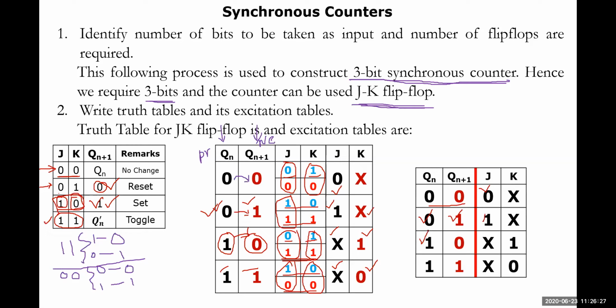So Qn present state will be 1 and the next state will be 0. So K will be equal to 1. 0, 1 will be taken, or 1, 1 will be taken to produce this particular output here. Present state will be 1 and the next state will be 1 again. Therefore, K will always be 0, but J might change: 1, 0 will be taken for output next state 1, otherwise 0, 0 will be taken. So the mistake happened here in the previous class.